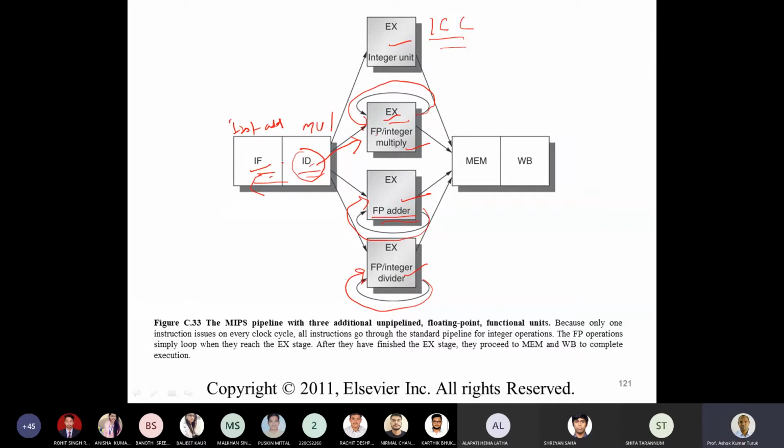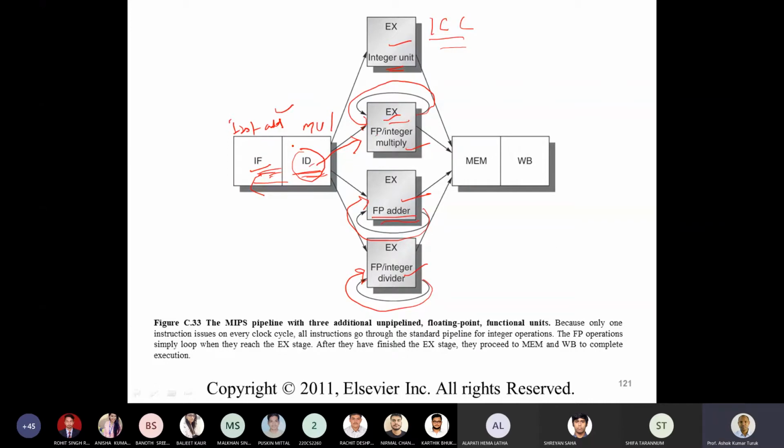Now let's look at the functional unit for add. The functional unit required is the integer unit. Sorry, the integer unit is free, but this instruction cannot be issued to it because the instruction issued prior to this add is already stalled. So this instruction is also stalled, and the impact of a stall is much greater for a multi-cycle operation.